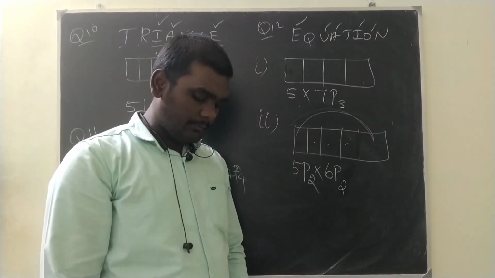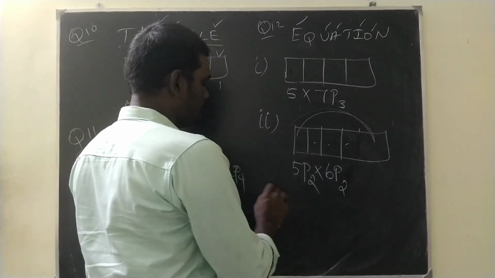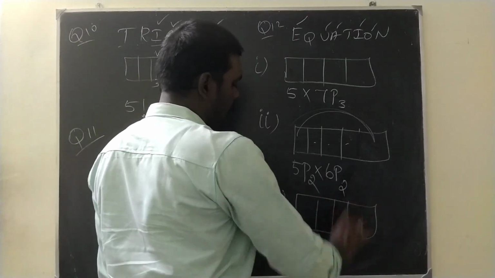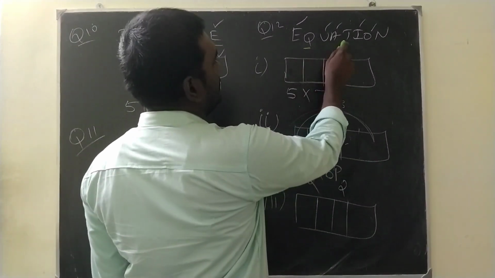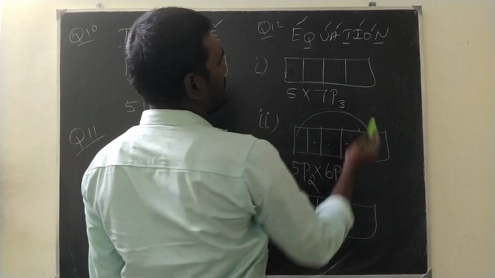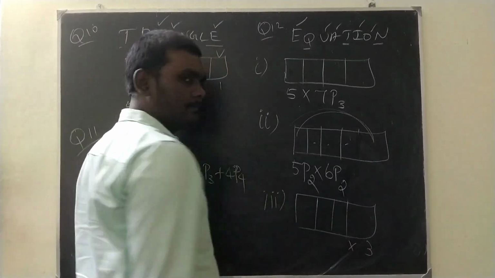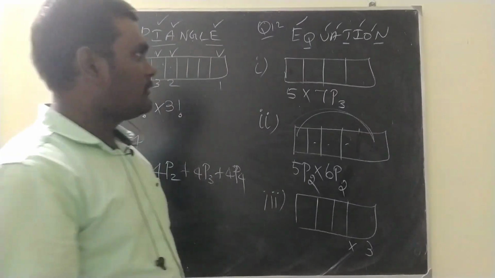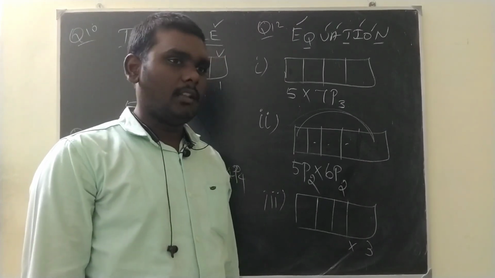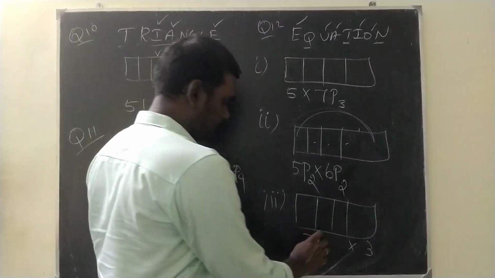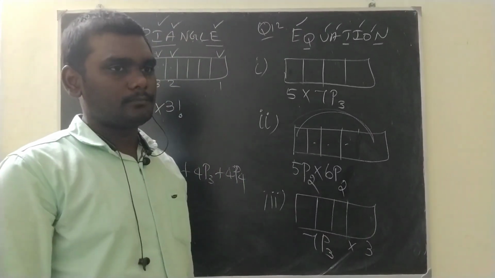Okay. Then third subdivision. End with a consonant. 1, 2, 3. End with a consonant means how many consonants are there? 1, 2, 3 consonants only there. So this box can be filled in 3 ways. After choosing one consonant, the total number of letters will be reduced to 7. So 7P,